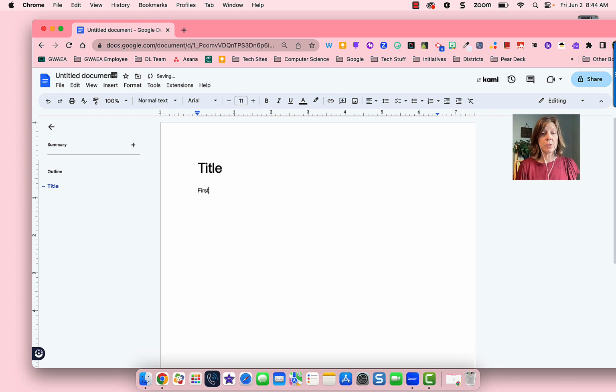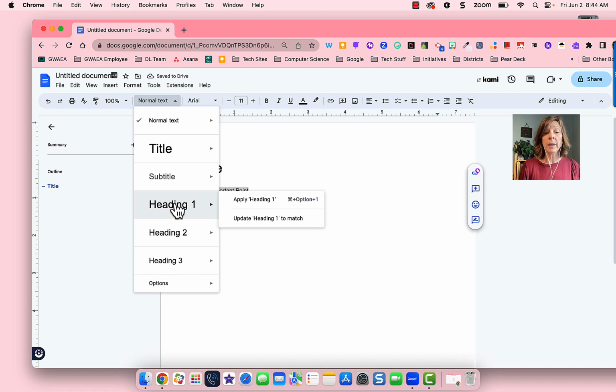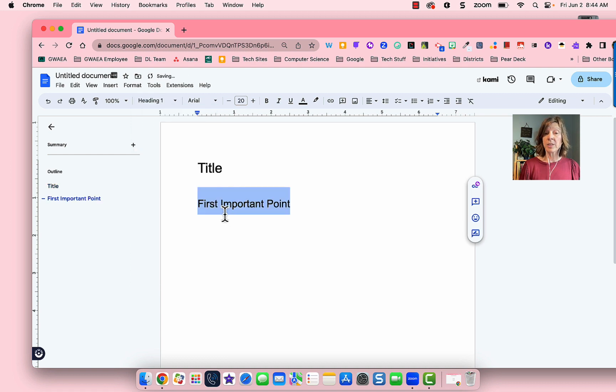Then first important point. If I want to, I can then do a heading 1 and apply it. It's smaller, again a predetermined, and now I have an easy way to navigate through a document. If I don't want that predetermined styling, say like I want it bolded and underlined and this size,